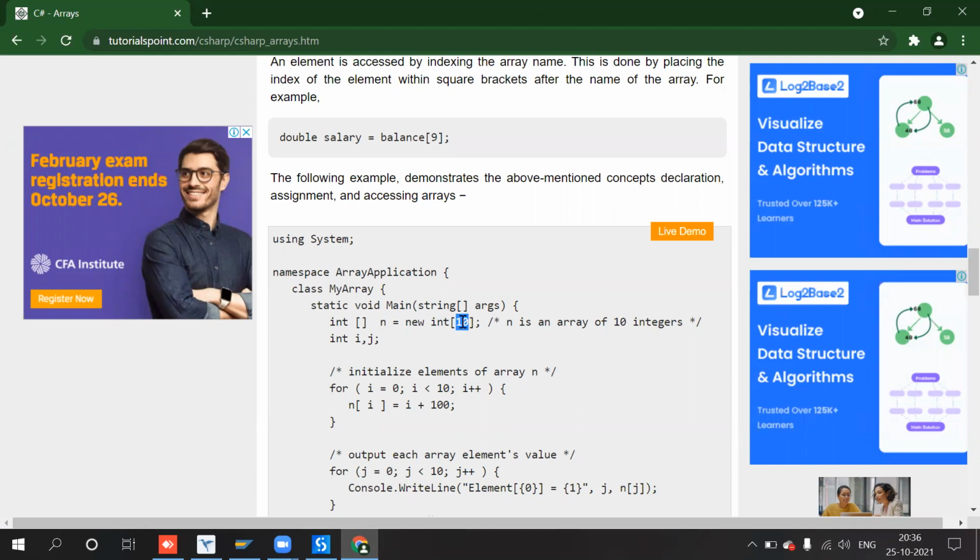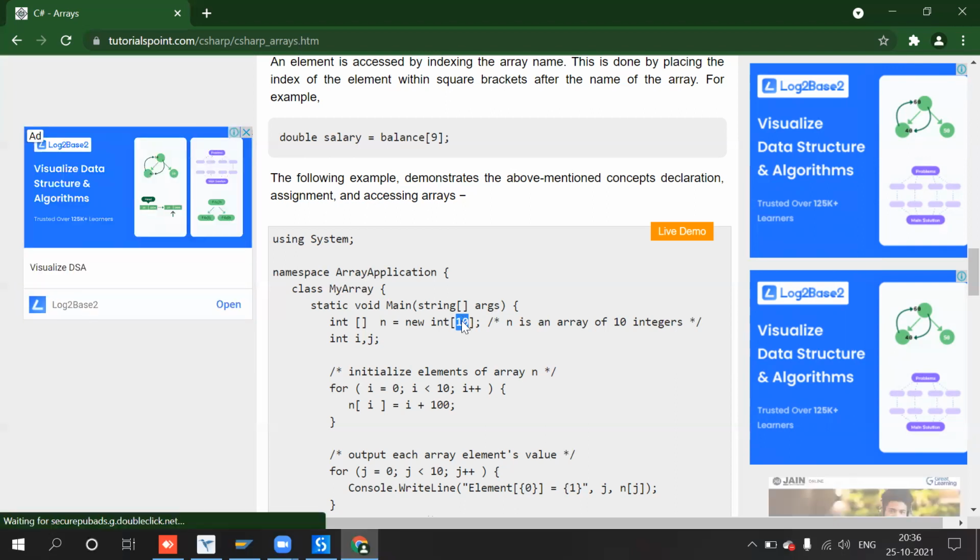So this is static: the length of the array is provided as a static value, so we cannot change it whenever we require. If you want to change it, you have to come here and change the value. So we cannot accommodate more than 10 values in an array, because the length of the array is fixed, it's a constant. That means in a programming language, it's a static value.